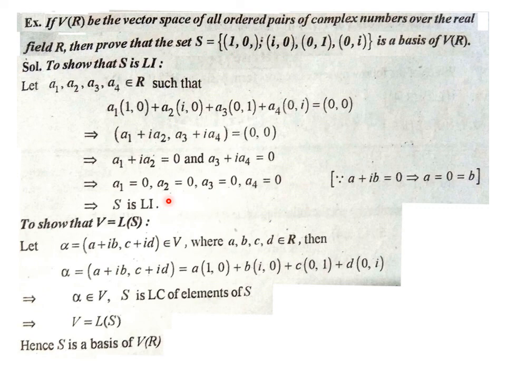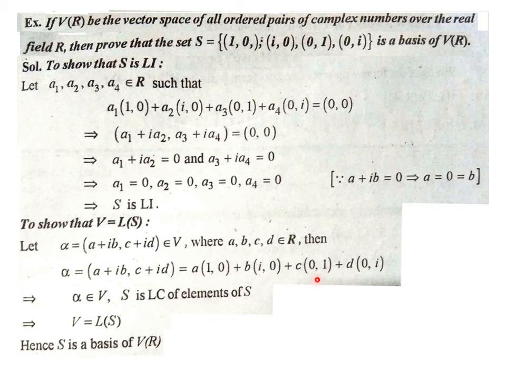Now we have to prove that all elements of V are made by a finite number of elements of set S, and for that we take a general element of V, that is alpha equals (a plus iota b, c plus iota d). A general element has a complex number at 2 places, so a plus iota b is one general complex number, c plus iota d is the other. So a general element of V, where a, b, c, d must be real numbers. Now alpha is written as a combination of a finite number of elements of S. Say all elements are taken there.